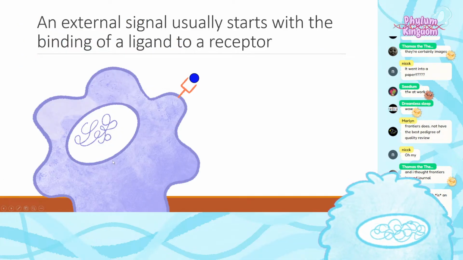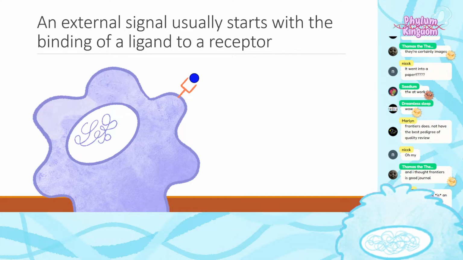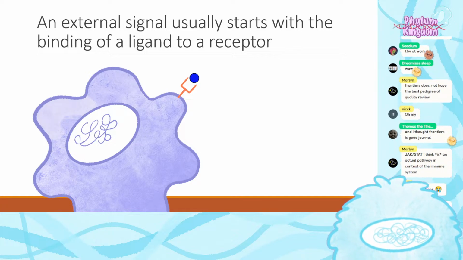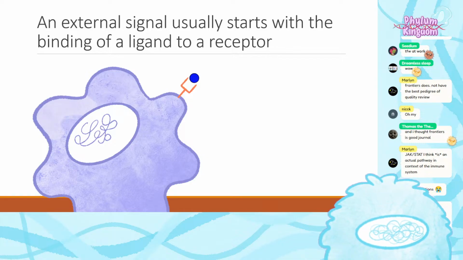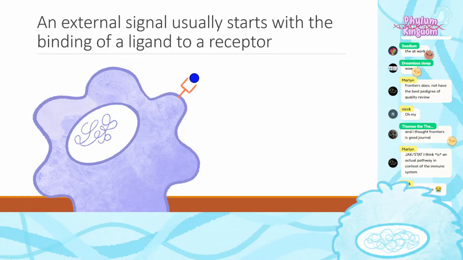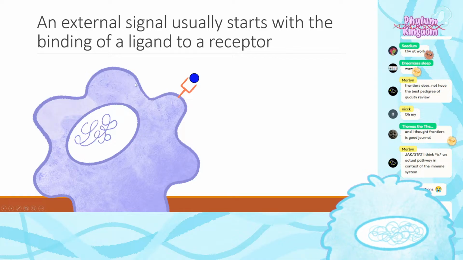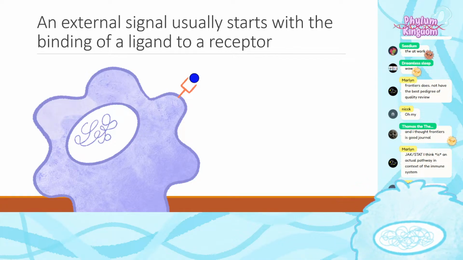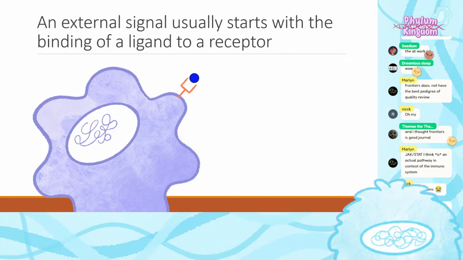We must. Okay, so how is a cell like a computer? Well, a computer takes an input and puts out an output, right? It's a very useful thing for a computer to do. How does a cell do it, however? A cell, and again, this can be an external or an internal signal, but I think most frequently in cell biology classes, we'll learn about external signals. So the general case is that you have a receptor on the outside of a cell, and that binds to a ligand, either a growth factor signal, maybe a signal that an immune cell released, maybe a cell division signal, whatever, some sort of signal that binds to some sort of receptor in a cell.